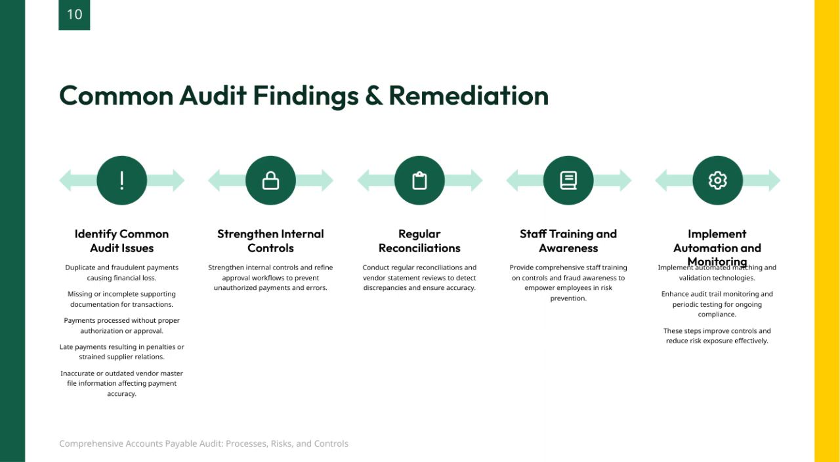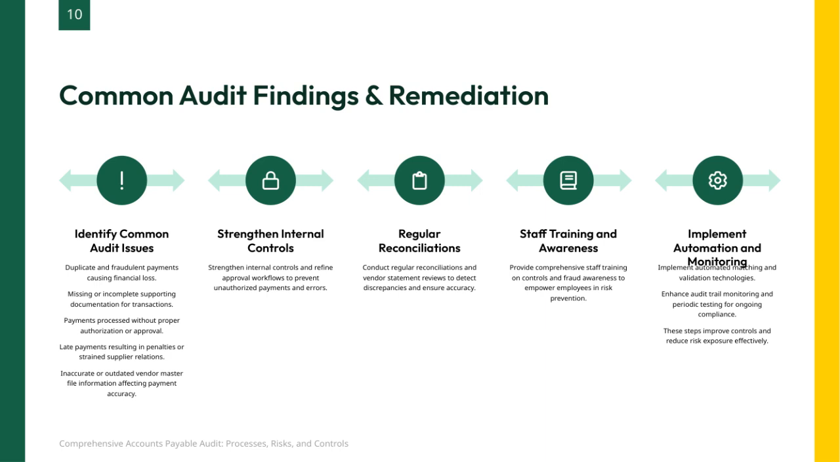To tackle these challenges, it's crucial to strengthen internal controls and refine approval workflows. This helps prevent unauthorized payments and reduces errors right at the source. Conducting regular reconciliations and reviewing vendor statements are also essential for catching discrepancies early and maintaining payment accuracy. Equally important is ongoing staff training. When employees understand the controls and are aware of fraud risks, they become a powerful line of defense in preventing